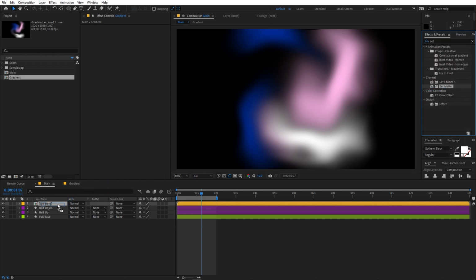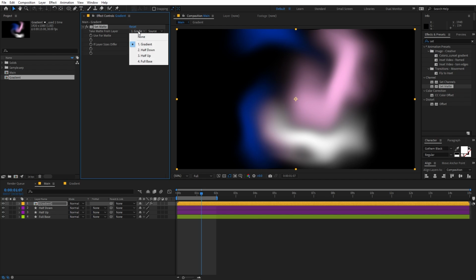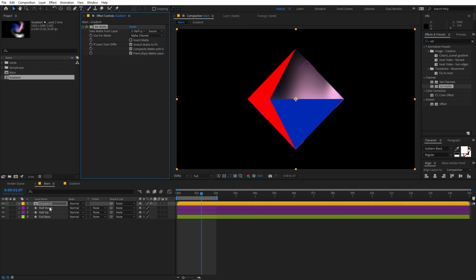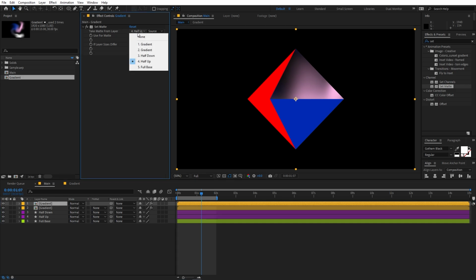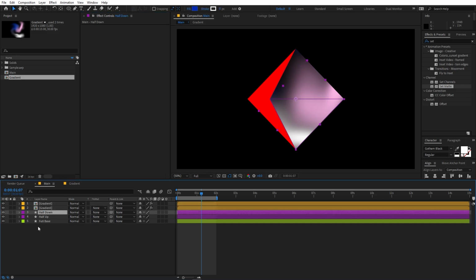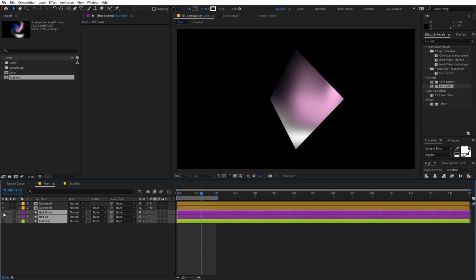And let's drag it onto this. So first I'm going to set matte to the half up, and after that I can select this, press Ctrl D to duplicate it, and let's set this to half down. Now I'm going to quickly disable all of these layers because we don't want to see them, and I'm going